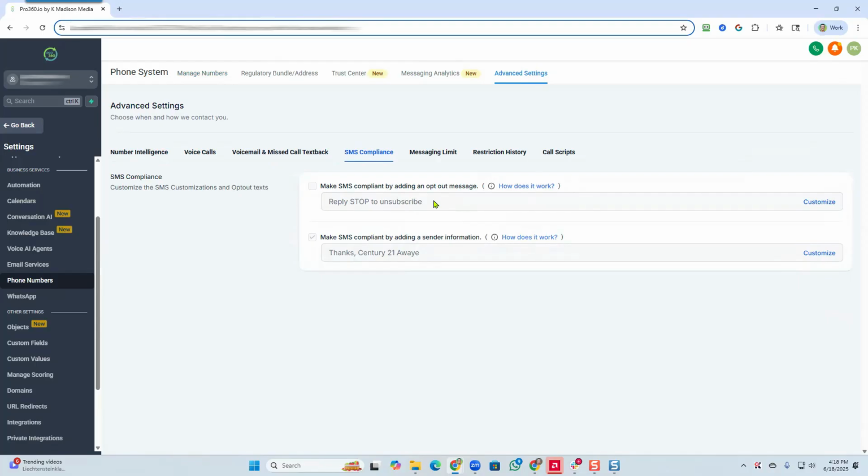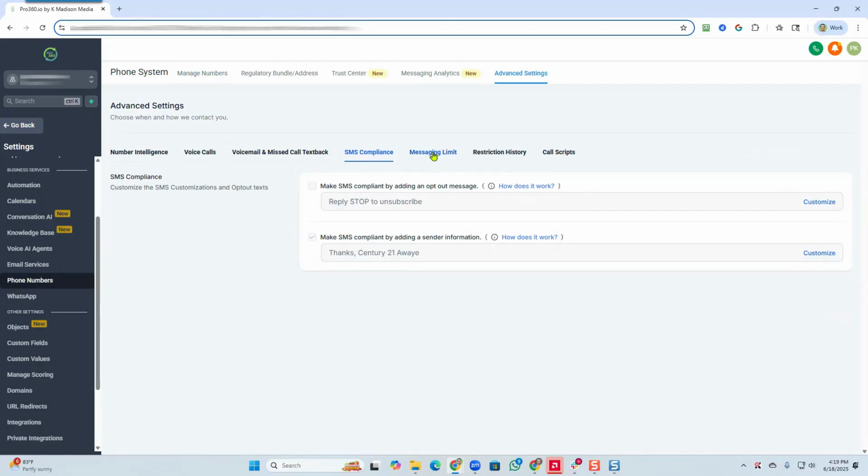But when you're running a campaign where you're sending a large number of initial contacts, whether it's cold leads or leads that you have or clients that you haven't contacted in a couple of years, we want to use a soft opt out, because if you use this and people start unsubscribing by typing in stop, the carrier will restrict you and your text message line will get affected. So we make sure that we do that,